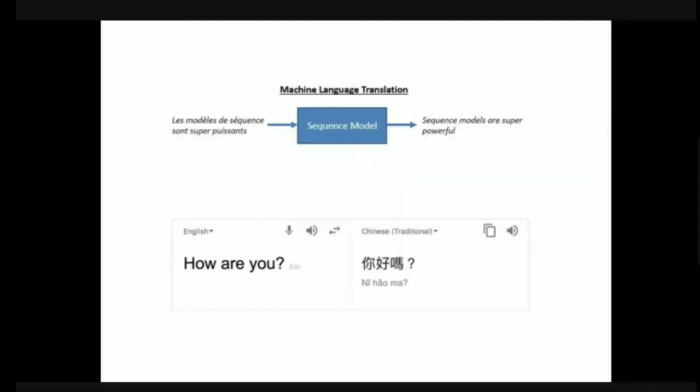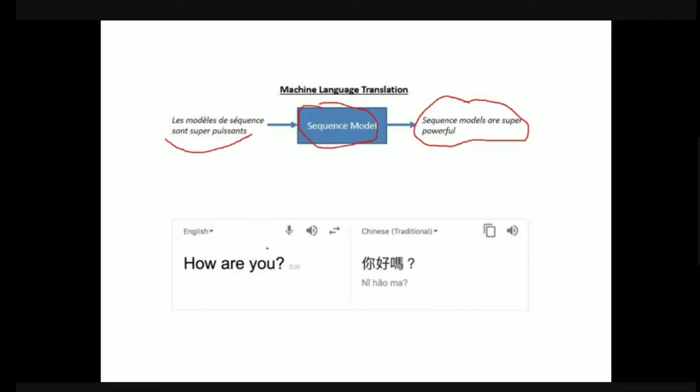If you see here on the screen, we have machine language translation. That is, we give the machine input in one language and it processes this and gives us the output in another language. Here the output language is English, right?